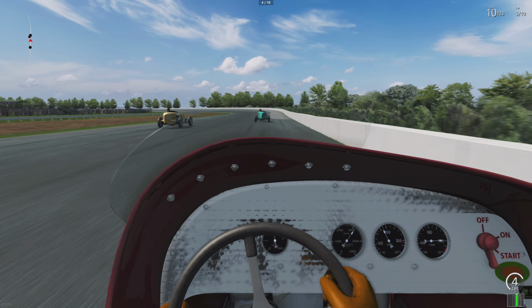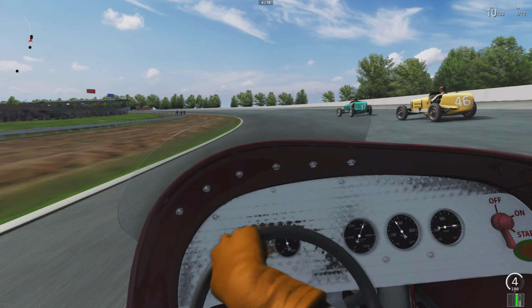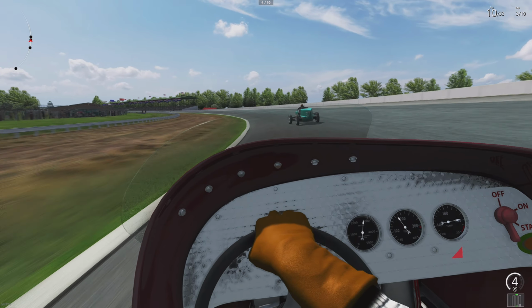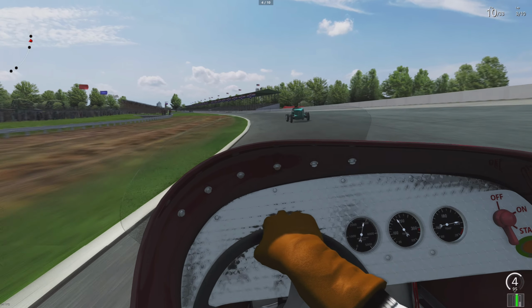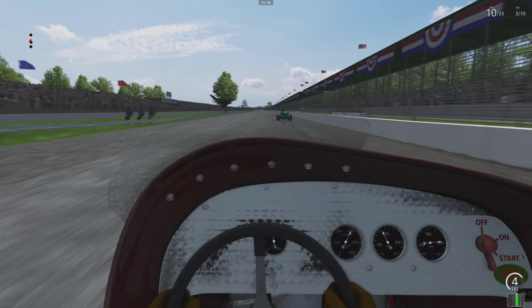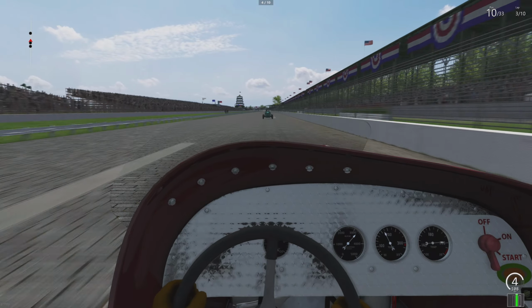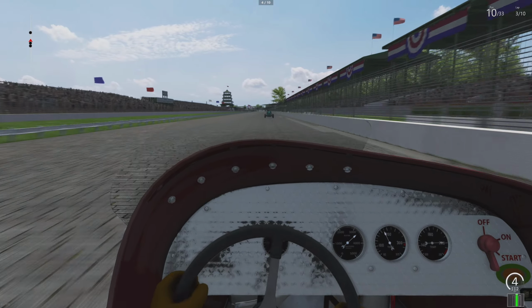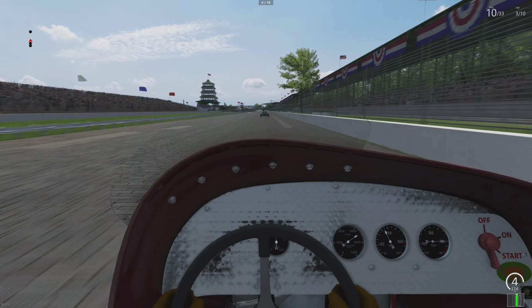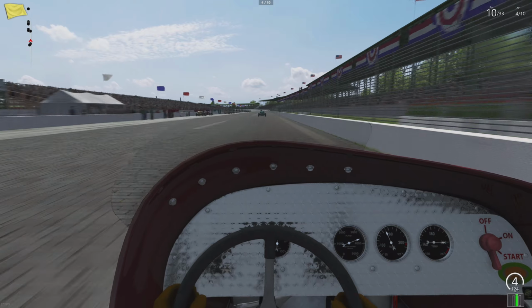I mean, we're already about to come to the end of the fourth lap. I mean, here's the thing. We do 10 laps, but at the same time, you're going so quickly. Such a fast track, and the laps just tick off real quick. Or, well, actually, I was confused. I was thinking it's the end of the fourth. So it's still the end of the third. Okay, so we're still